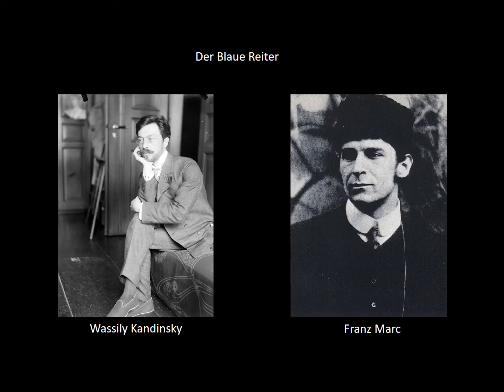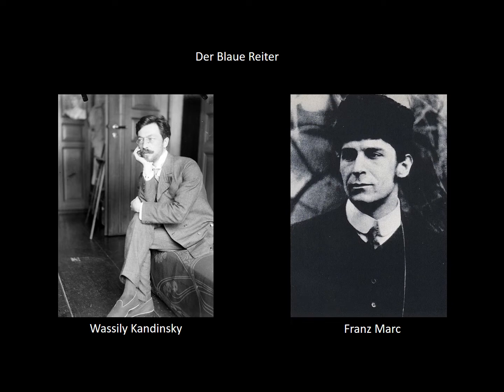Okay, so the second major early German Expressionist movement was really just a loose association of quite a few artists, although really two come to the fore. And this group is called Der Blaue Reiter. In fact, that wasn't even really the name of the group itself. It was instead the name of a journal, a magazine, that was formed by a man named Vasily Kandinsky, who